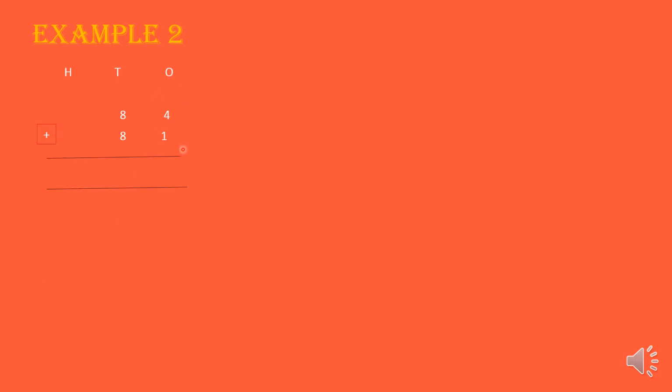Which number is bigger number? 4. 4 you should keep in your mind, 1 you should keep in your hand. So 4 after 5. That's why I'm writing 5 here. Okay, children. Next, we should add tens column digits. So both numbers are the same. That's why I'm keeping one number, 8 in your mind, 8 in your hand. Open 8 fingers, children. 8, after 9, 10, 11, 12, 13, 14, 15, 16. So 8 plus 8 is equal to 16. So I'm getting the answer 16.